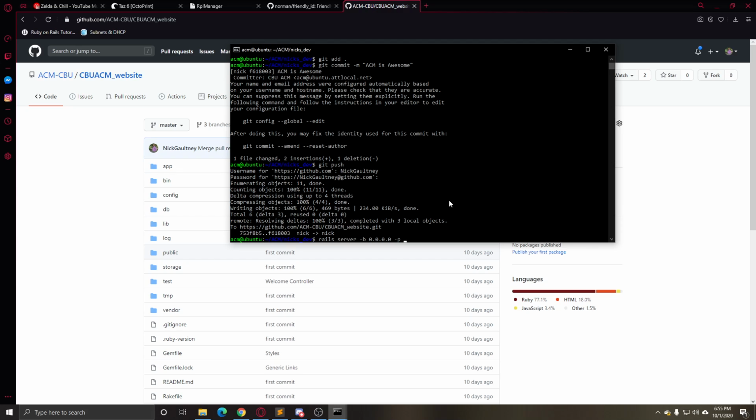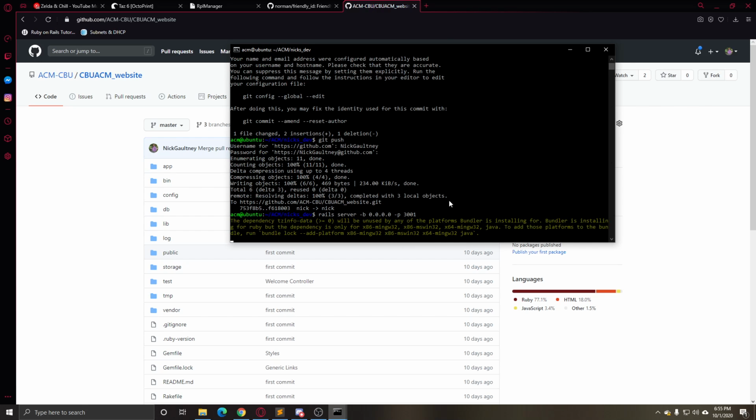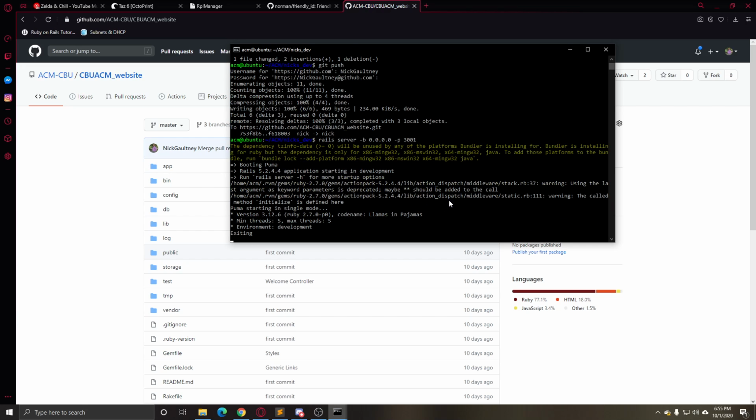So you're going to have to make sure that if you're running it, you're using a different port than everybody else. So I might use 3001, for instance. It's going to run the server. It's going to tell me if there's any errors. It's going to tell me whatever. And then once it's running,